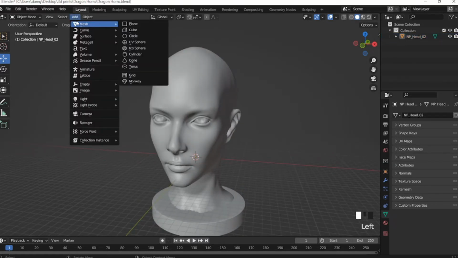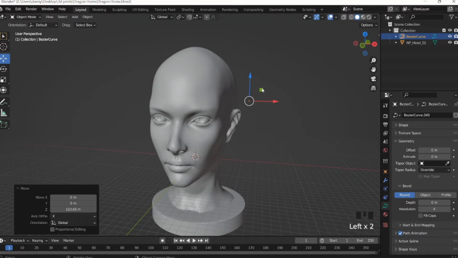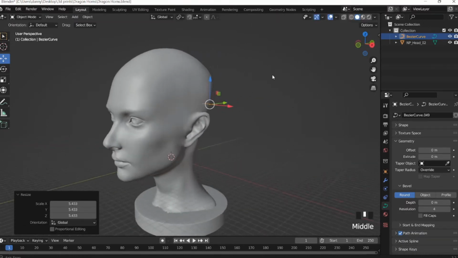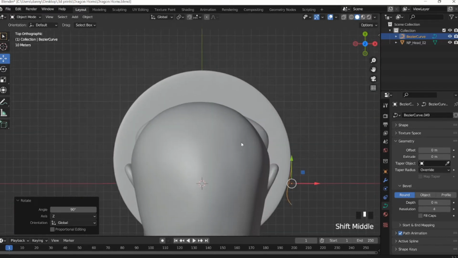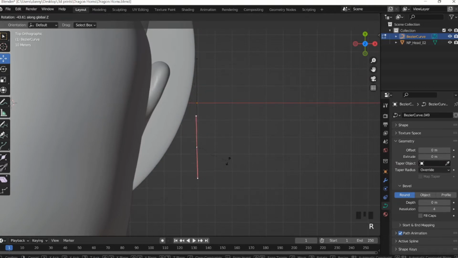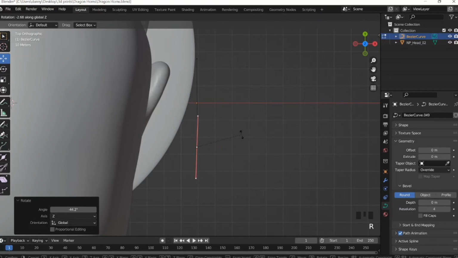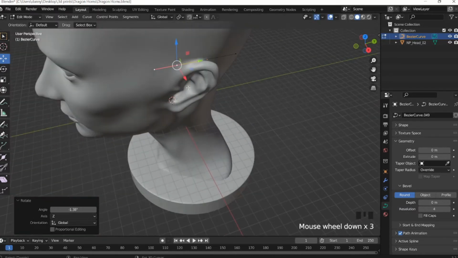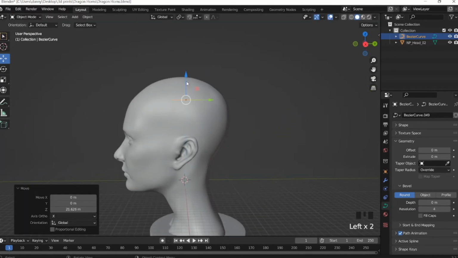Okay, for this next part, we are going to go ahead and add another Bezier curve. We're going to scale it up, then I'm going to rotate this by 90, and then I am going to go ahead and straighten it out again. I am just rotating it on the z-axis until it's straight. Then I'm going to move this right